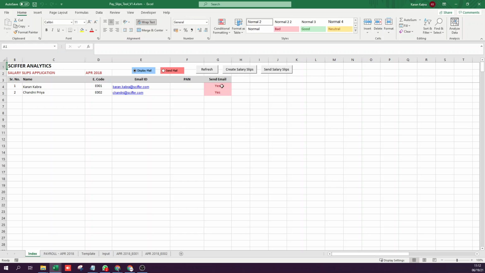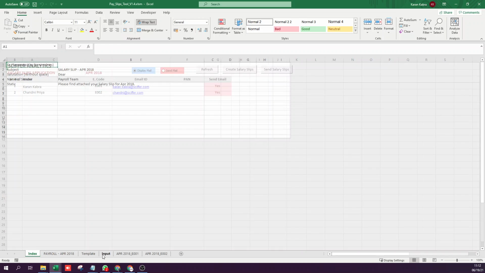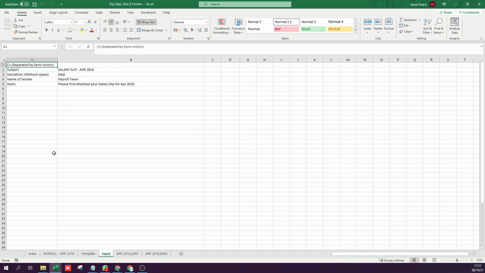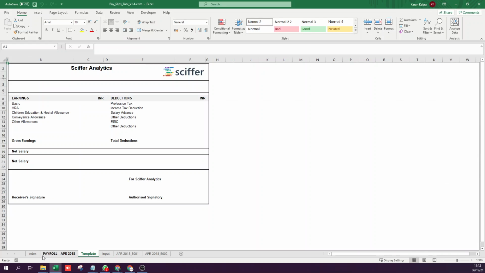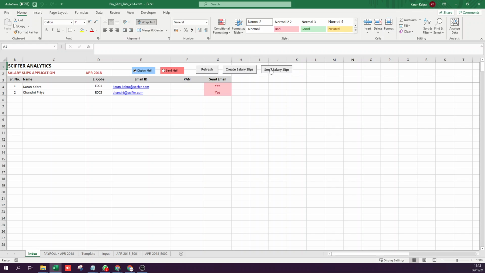And at one click, you can even email the salary slips, not in an Excel format, but in a PDF format. So there is a script written to convert this to a PDF and then send it out. Send. Let me check if it is display. I think it would be display. We can just try and yeah, it's display here. Send. Yes.